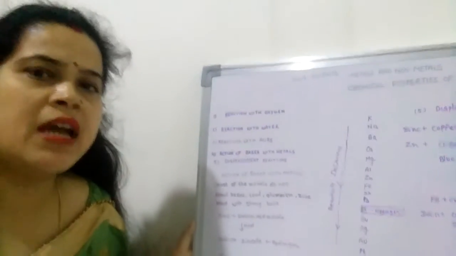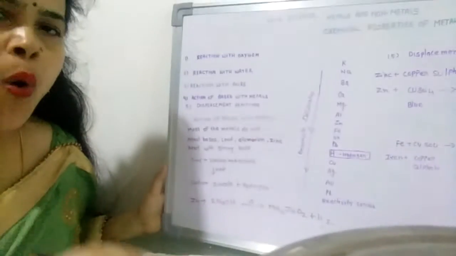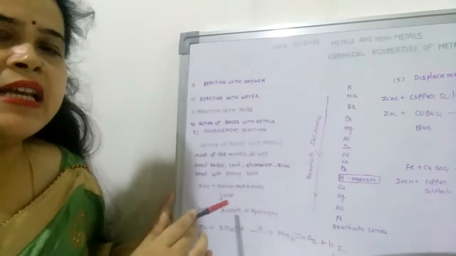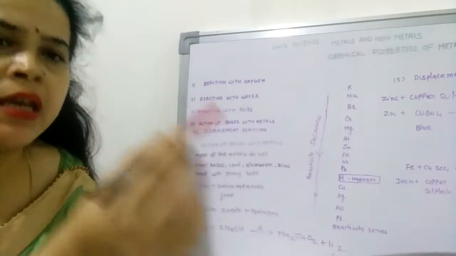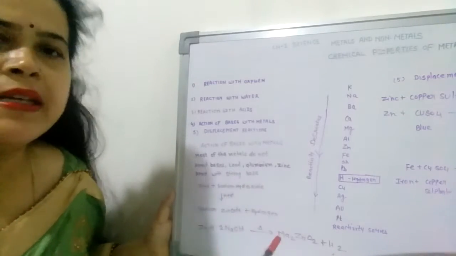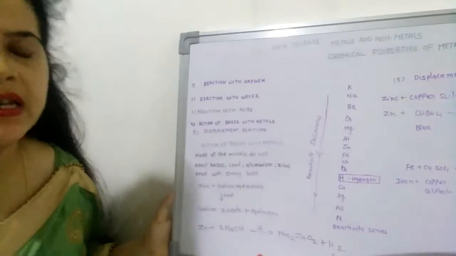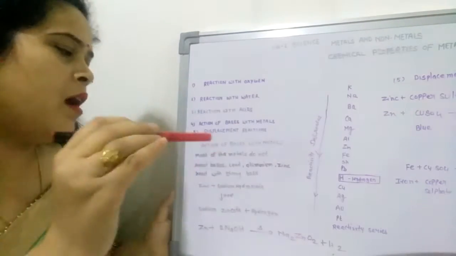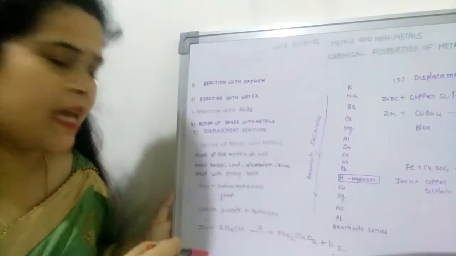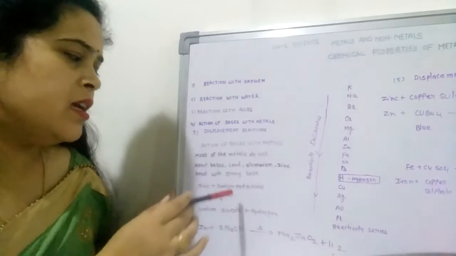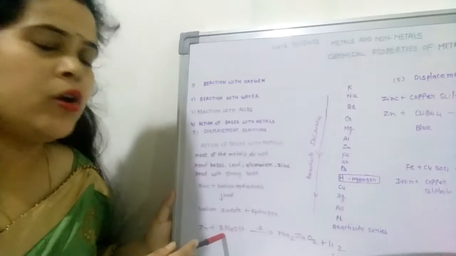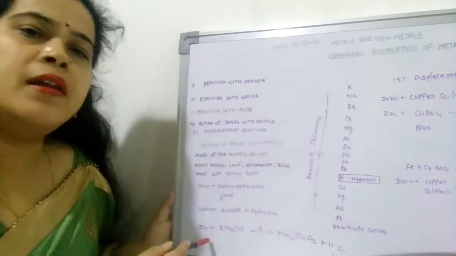So sodium hydroxide formula is NaOH. When the zinc reacts with sodium hydroxide in the presence of heat, when we give heat to this mixture, it forms sodium zincate and releases hydrogen gas after the reaction. When the zinc reacts with sodium hydroxide, it releases sodium zincate and hydrogen gas. So zinc symbol is Zn, sodium hydroxide is NaOH. Here in this reaction, two molecules of sodium hydroxide react with zinc.